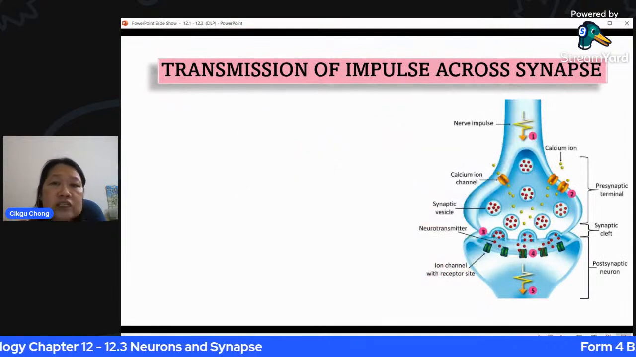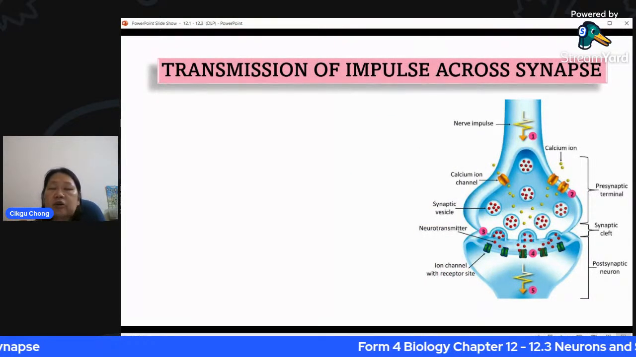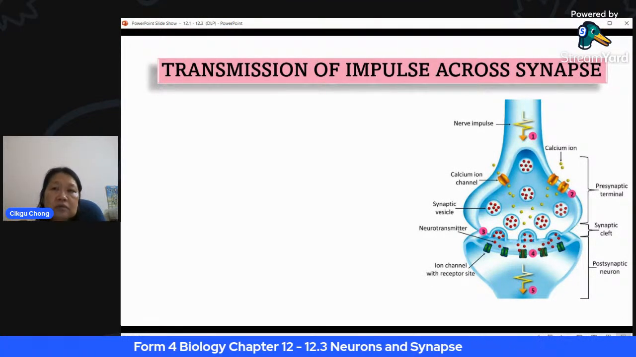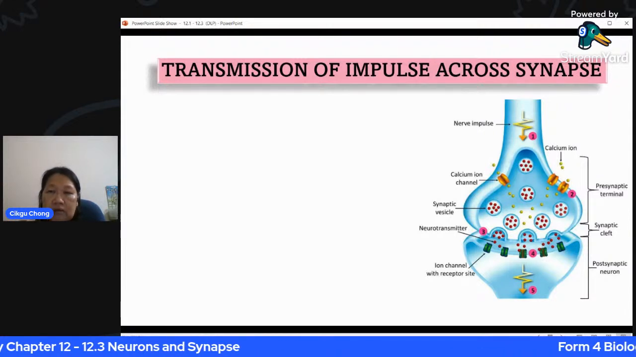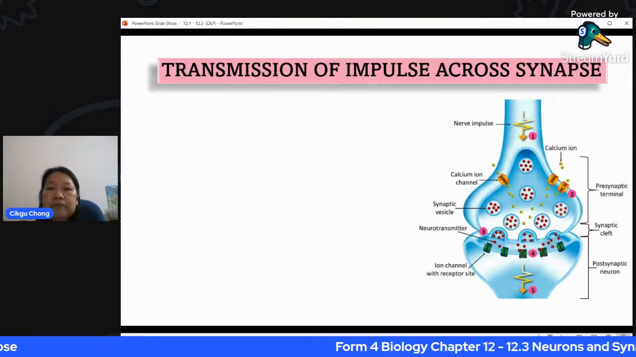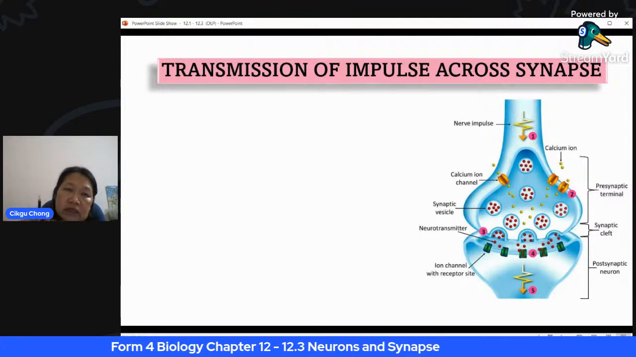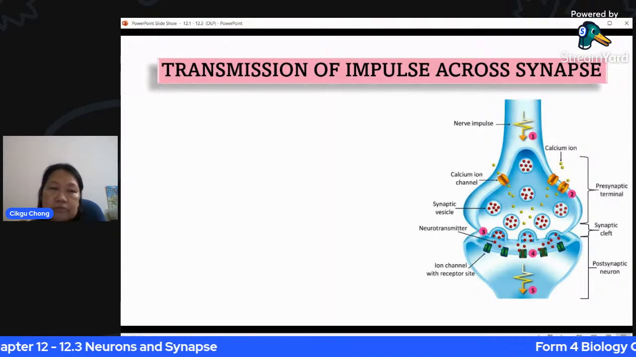Okay, so now how to explain? This is a popular question. It could be an essay question or part of an essay question, which can carry 6 marks, or can also carry 5 marks or 6 marks or even 7 marks, depending on how many points they want you to write. But basically this is what you should write when you want to answer: how is impulse transmitted across synapse? So first of all,